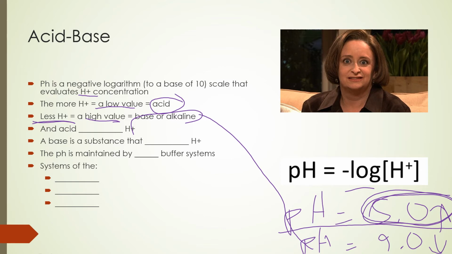So when we're looking at definitions, remember an acid donates, so write the word donates. I don't have enough room. Donates hydrogen ions. A base is a substance that accepts hydrogen ions. So this is all just coming back to your chemistry training. And hopefully you remember this from the last lecture, pH is ultimately maintained by the